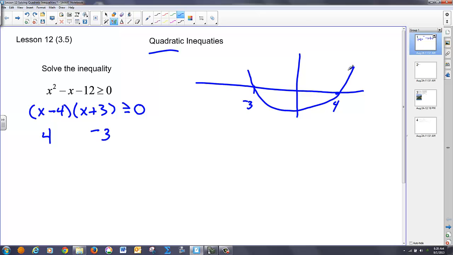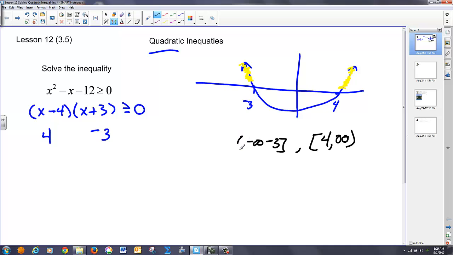And what they're asking us to do is say, when is the value of the function, in other words, when are the y values of this function greater than 0? Well, the y values are represented by the actual blue. And so where are they greater than 0 or positive? And that's in these regions right here. Now, I could state those regions as simply as saying, well, that happens from 4 to infinity, and from negative infinity